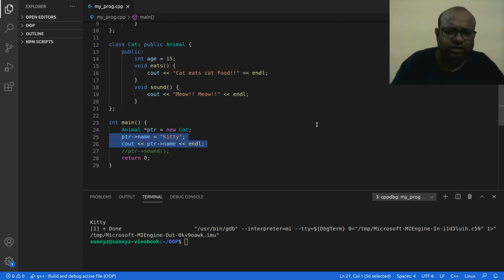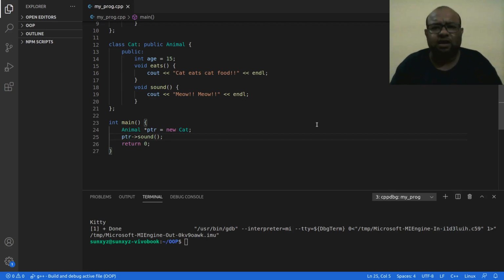Now let's go ahead and do this. I am going to use this parent class pointer, this animal class pointer that is pointing to a child class object, right? So cat is a child class object. Now I am going to call this method sound. What do I know about sound? Sound is there in my parent class, it is also there in my child class. So sound is overridden in the child class, right?